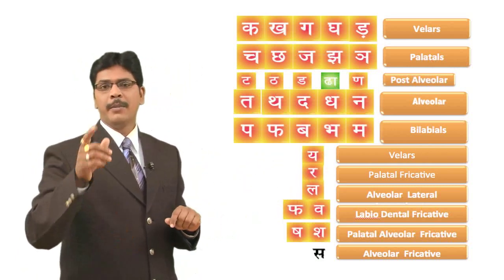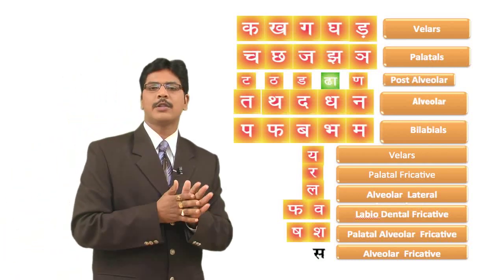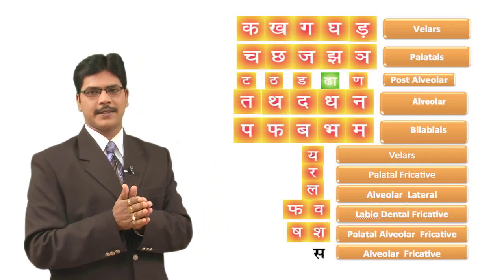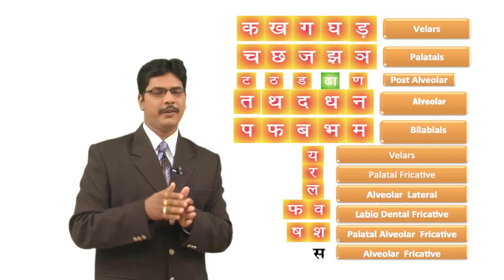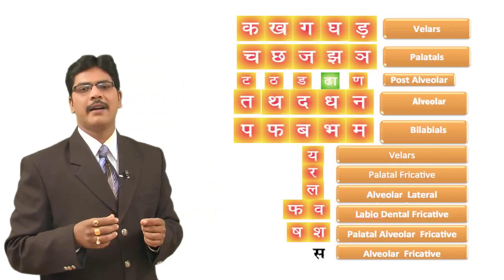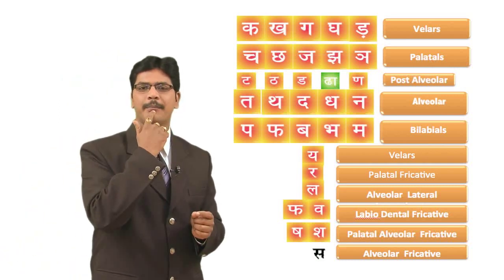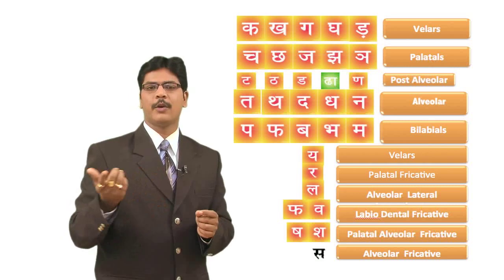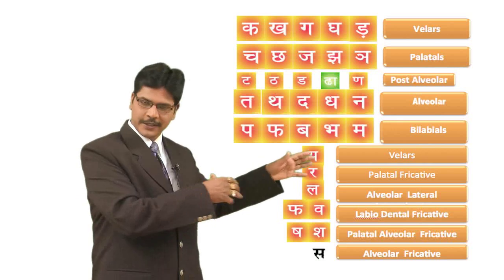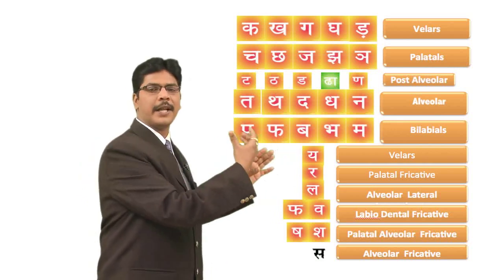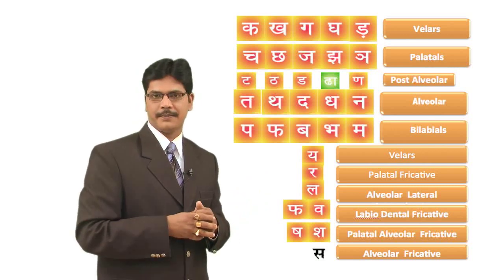Number 8 is F and V. These sounds are called dental fricatives. What do you mean by the word dental? Dental is teeth. Fricative means it is produced with friction. When you say f and v, the upper two teeth touch the lower lip, so they are called the dental fricatives. That's why they put F and V in one line. Not in our Indian literature, of course, but anyway, in our system they took it as 8 for these two sounds only.